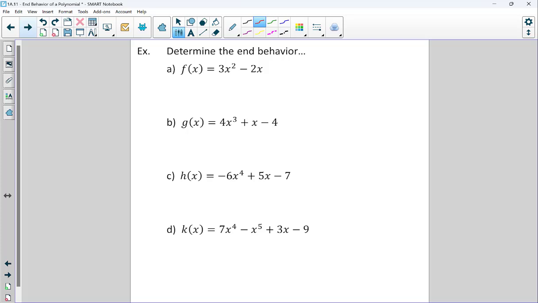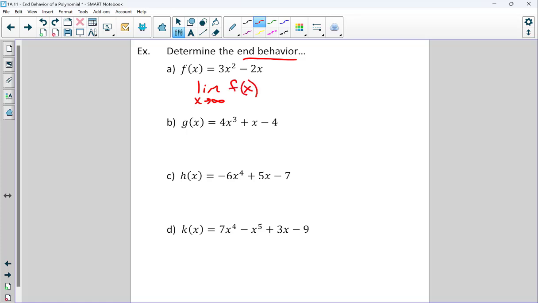So for each one of these, let's consider the end behavior. Now, notation is important. On the AP exam, you will be asked this question to determine the end behavior of a function. It's on the free response question 1. And if you don't use proper limit notation, you will not earn the point. Determine the end behavior. If it's the end behavior, I'm going to say limit. Directly below it, I'm going to write x approaches infinity,